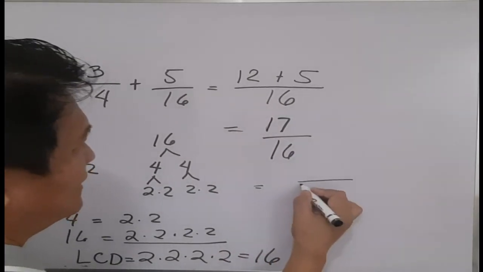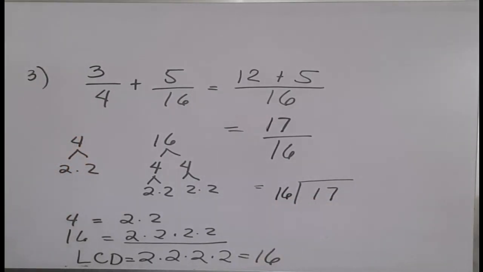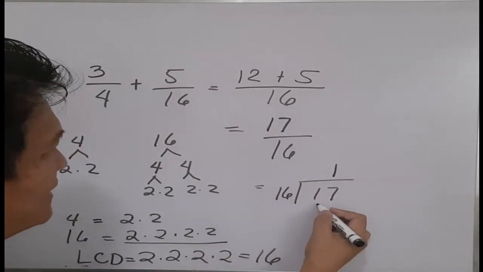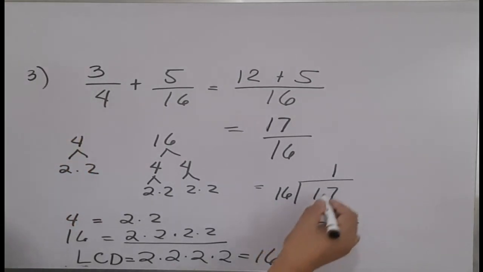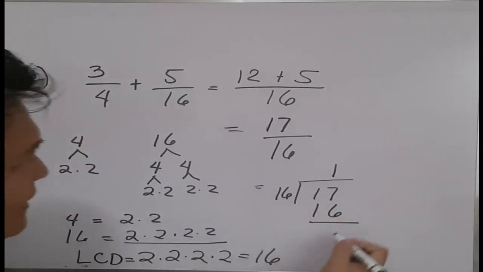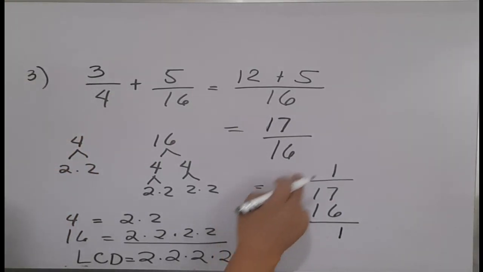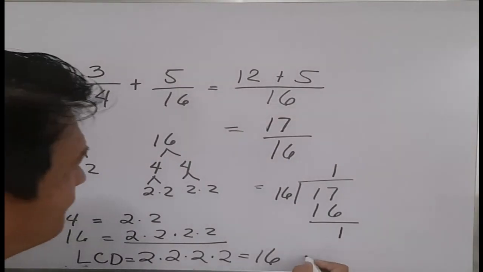So, 17 divided by 16. 17 divided by 16 is 1. 1 times 16 is 16. And then we subtract. 17 minus 16 is 1. So 17 divided by 16 is 1, remainder 1. So, to simplify further,